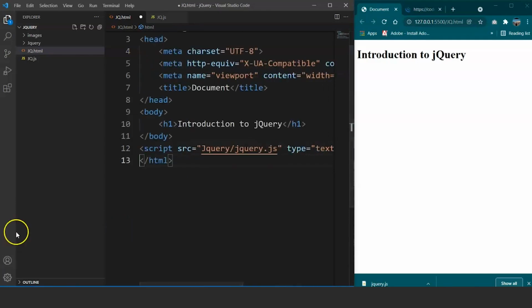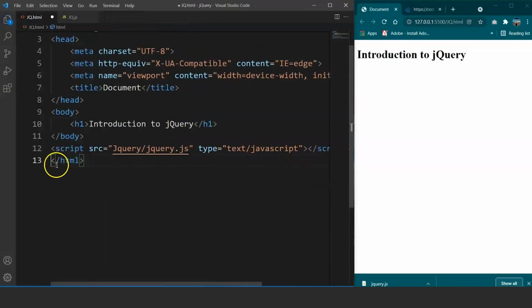We'll again do the same thing, but first let me close this for you. And now what we'll do is we'll include the JavaScript file as well. So we'll write here script, and src is going to be jq.js. So this is the name of a JavaScript file. We'll write here type is equals to text slash JavaScript. Fine. So we have included the jQuery file to our HTML document as well as the JavaScript file as well. Fine. We are done with setting up jQuery.